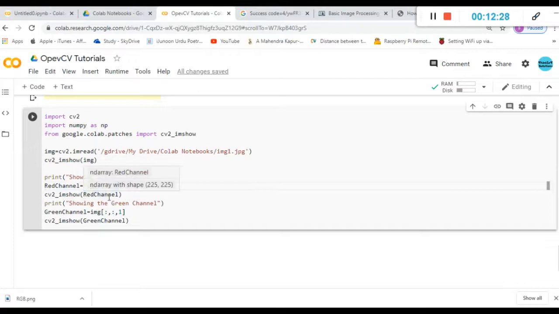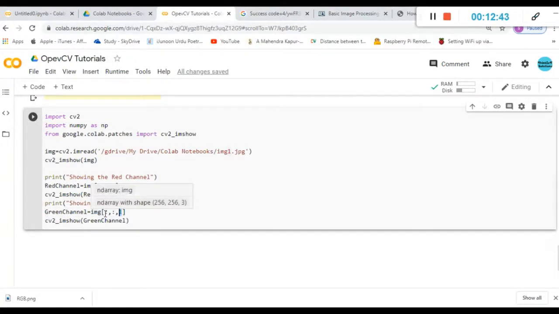Then I'm just printing the line showing the green channel, and I've created another variable called green channel. As you know, the green channel is in the array index position 1. So I'm taking all values in X, all values in Y, and I'm taking the layer with index 1, and I'm printing that. So now you see how the output will look like.